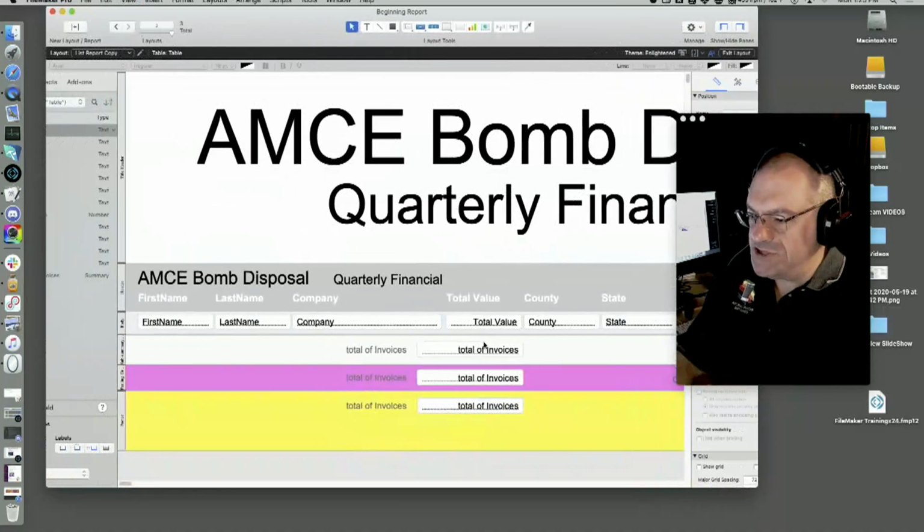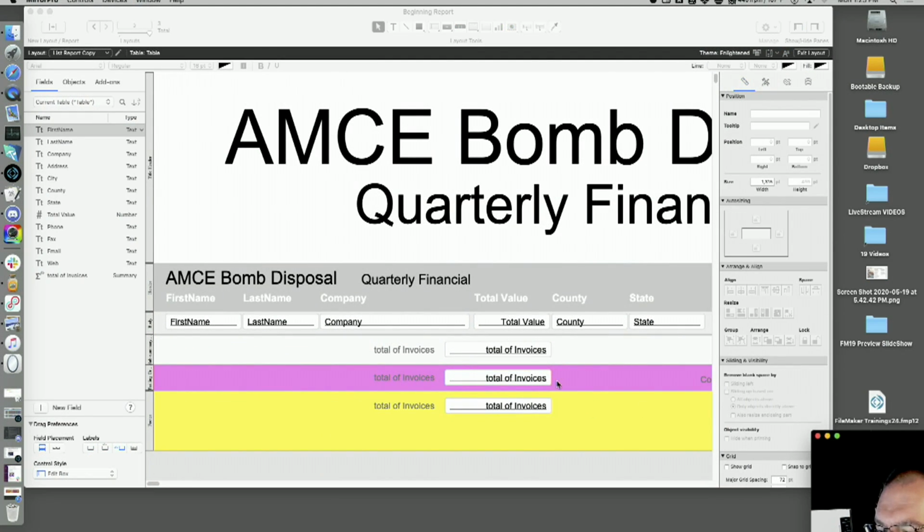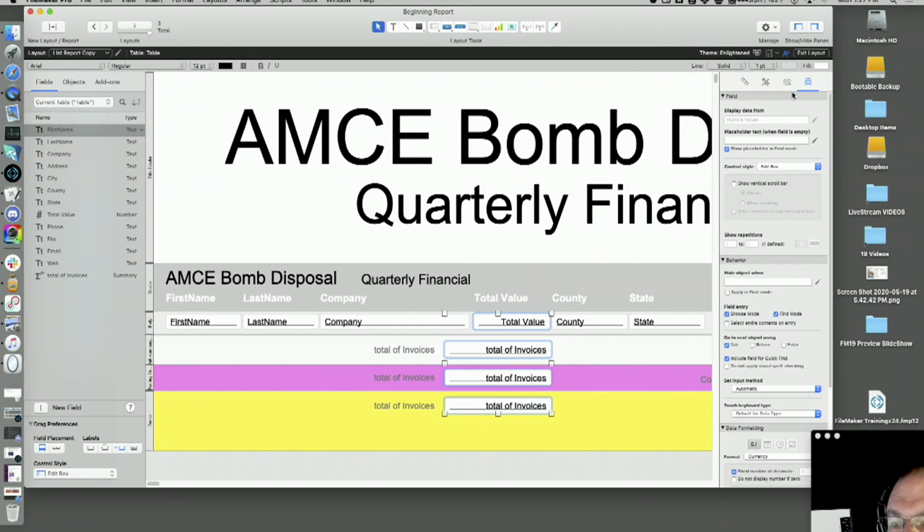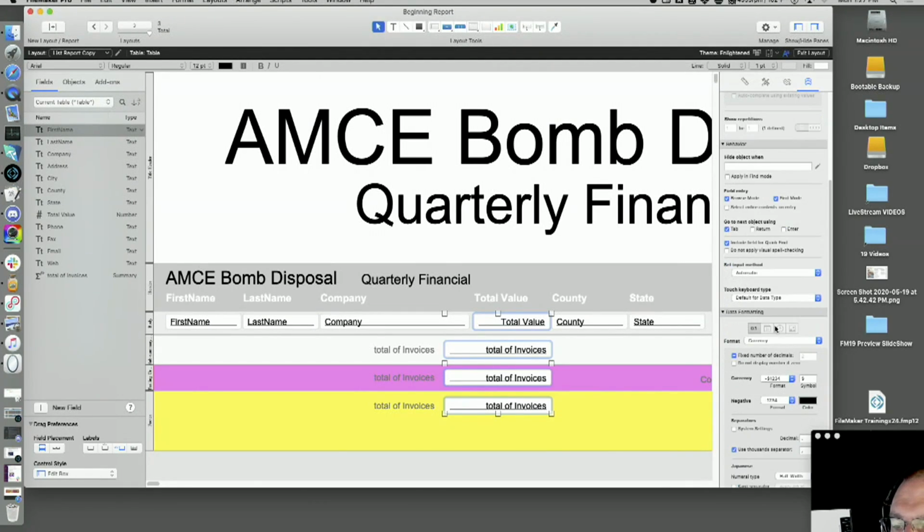So just for simplicity, once again, reminding us how to format things, I'm going to click on all four of these, make sure they're formatted the same way. I'm going to come over here, layout mode, right side pane, and then of the four panels, so this is the pane. There are 3 panels in there. There are 4 panels over here. I'm going to click on the right panel, which is the data panel. If you hover over and don't move, it'll pop over. It says data panel.